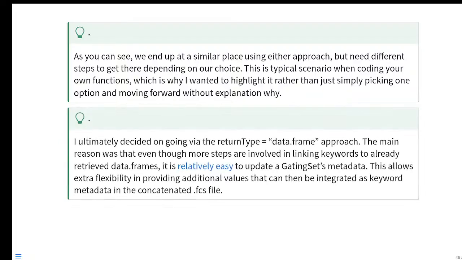So ultimately, I decided I was going to go ahead and use the return type is equal to data frame approach. The main reason for this is that even though there are more steps involved, since you need to link already extracted data frames to corresponding keyword values that you need to retrieve again from the gating set, it is relatively easy overall to update a gating set's metadata. It's something we've done quite frequently throughout the course,